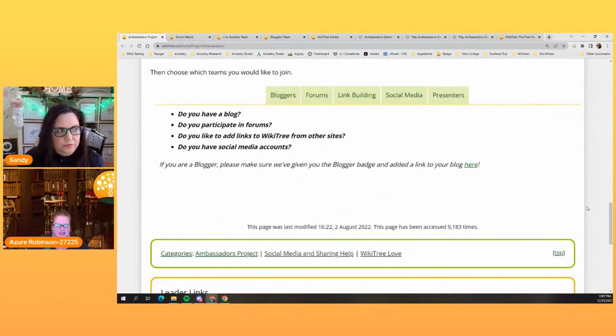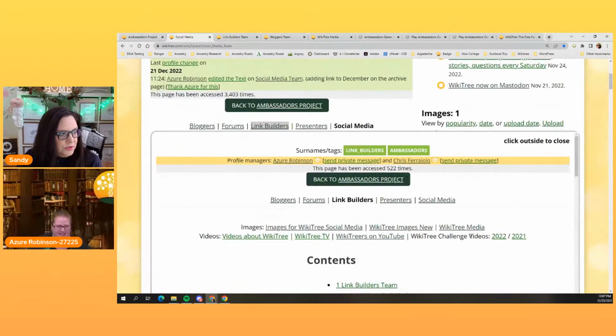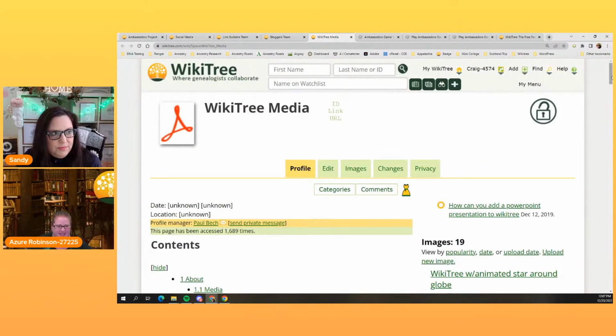people. And then while you're doing that, keep in mind the ambassadors group. A lot of people think that it's just the WikiTree love and the high. Let's just talk about WikiTree. It is so much more than that. You have graphics that you have to share. If you're going to do a presentation, the ambassadors project already has these presentations for you that you can grab and use. And for those of you who like business cards, this was also something that I didn't realize under the WikiTree media. And again, I got to that from the ambassadors project, and you'll see the WikiTree media at the top links. This is where all that information is that I'm talking about.